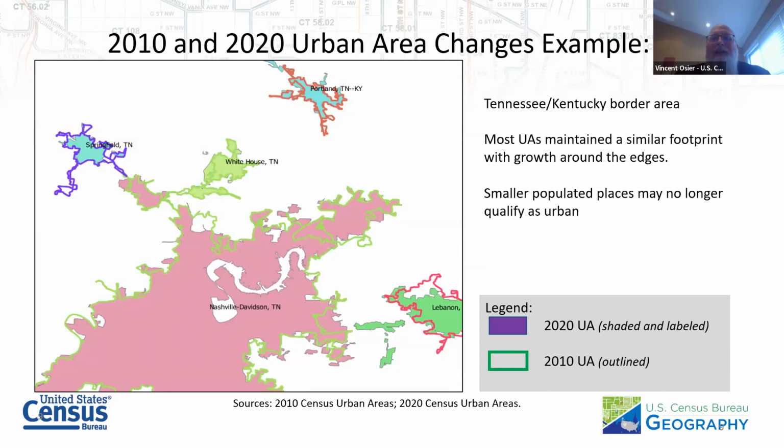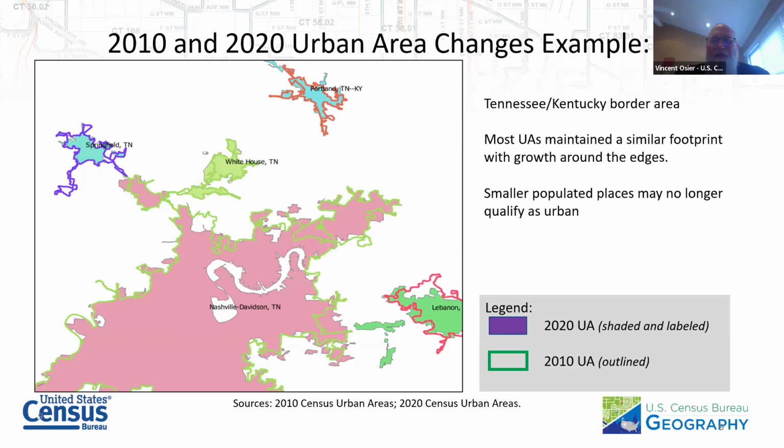This is again just another example in the Tennessee-Kentucky border area. You can see along some of the outlying ones, where there were kind of appendages in the past, they are no longer strung out, and that's mostly due to the shortened jump distance that was utilized. But also you can see that general shrinkage in many areas, if there's not actually an increase in development and population in an area,